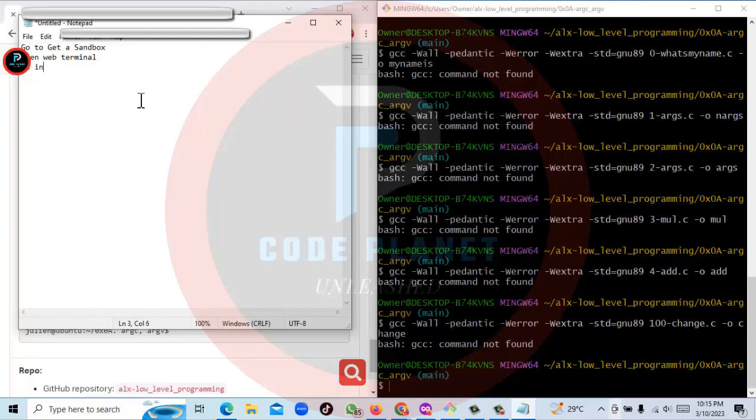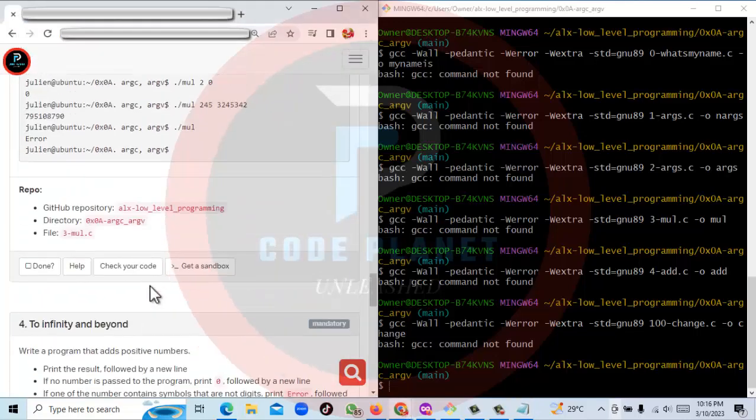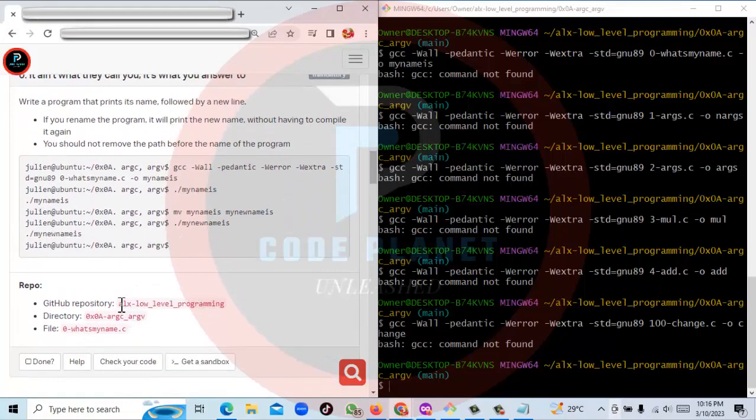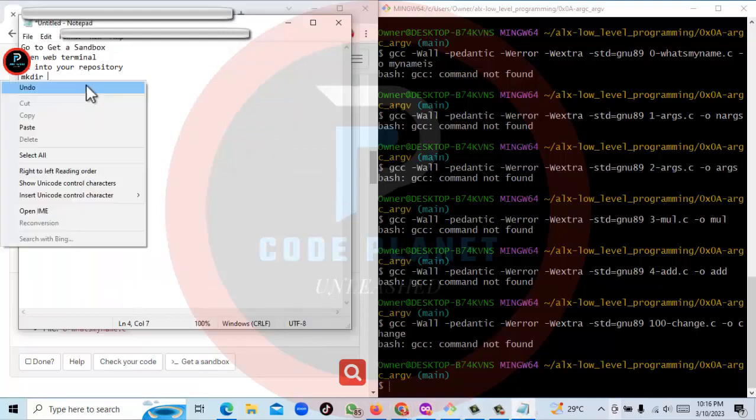cd into your repository, after which you now create your new directory using your mkdir. You create your directory. Now this is what I'm talking about right here. This is your repository and this is your directory. So you copy this mkdir and then you paste it right here,